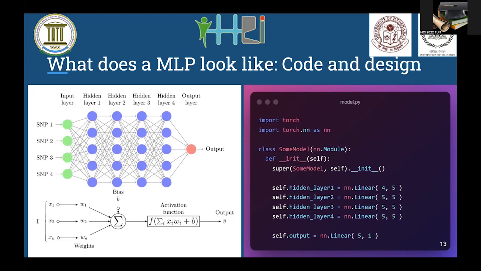Abstract class, right? So what an abstract class does is basically give us a blueprint of the class, that you have to build your class based on this blueprint. So that's what we are doing here. We have some class and we are telling it that we want to build it on the blueprint of model, which means that we have